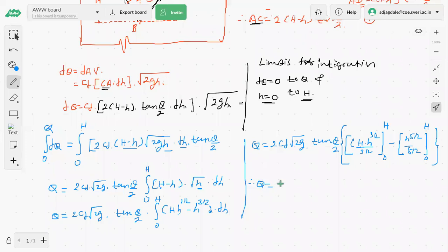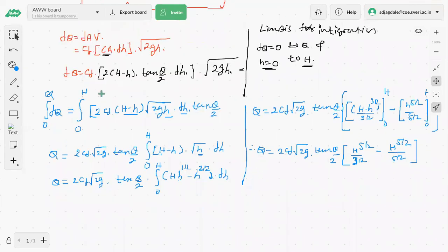Therefore Q is equal to 2 times CD under root 2g tan theta by 2 into, now put the limit here. If we put the upper limit in place of h, what will it become? It will be capital H, correct? That means what will the power of capital H be? 5 by 2. H raised to 5 by 2 upon 3 by 2, minus, similarly here what will the power be? It is the same, h raised to 5 by 2 upon 5 by 2. Now I will take out this 5 by 2 as a common,